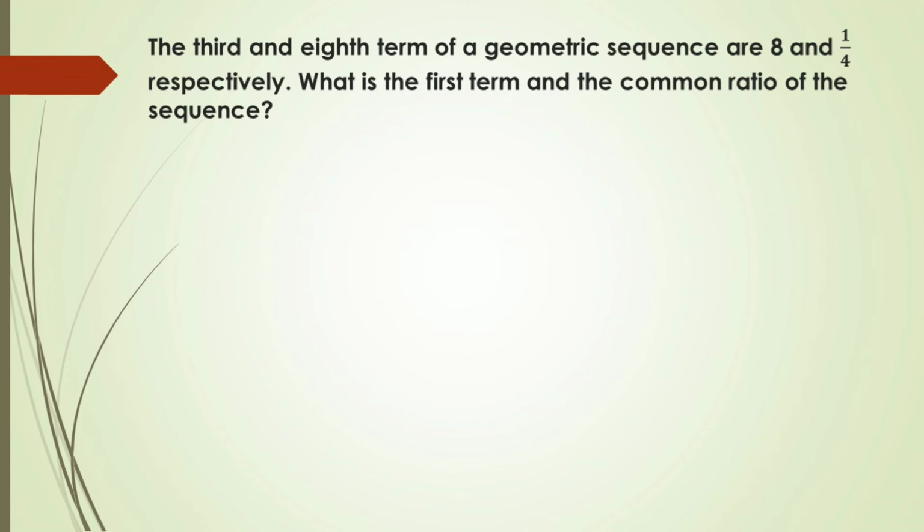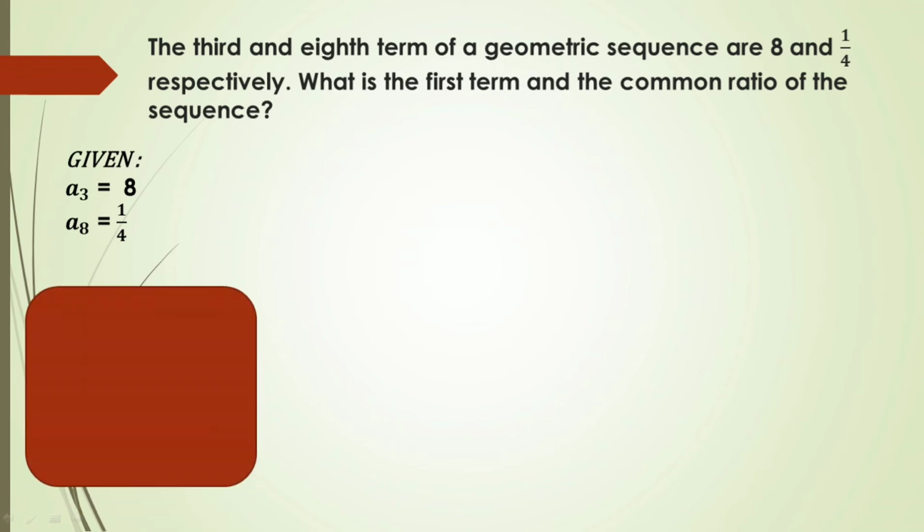Okay, so we will have now our last example. The third and eighth term of a geometric sequence are 8 and 1/4 respectively. What is the first term and the common ratio of the sequence? So our given is third term which is equal to 8 and the eighth term which is equal to 1/4. So magkalayo yung agwat ng given na terms natin. So therefore, we will use these two given terms, which is third term and eighth term, to derive a new